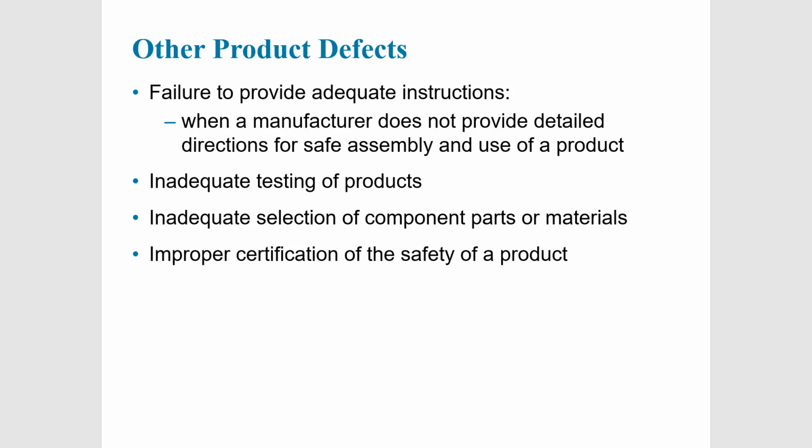Other kinds of product defects could be a failure to provide adequate instructions. So if there's a danger with a machine or some type of product, if the instructions that I give are not adequate, then we could be in some trouble. There's a product liability suit brought against IKEA several years ago, where people discovered that a lot of their products were easily tipped over, and people either hadn't been warned about the danger, or they hadn't been given proper instructions about how to prevent the tipping over from happening. So,